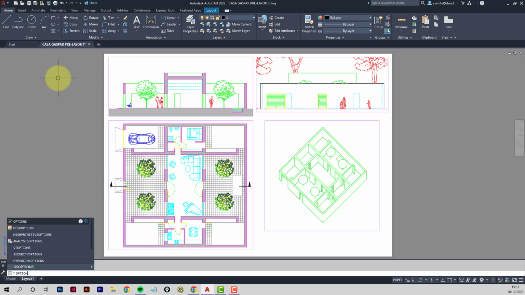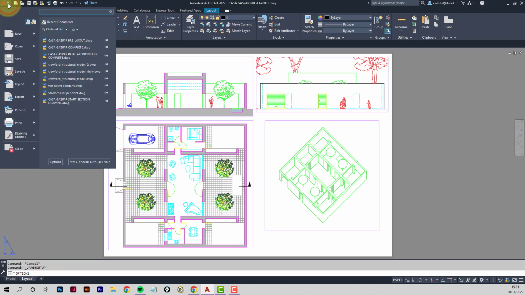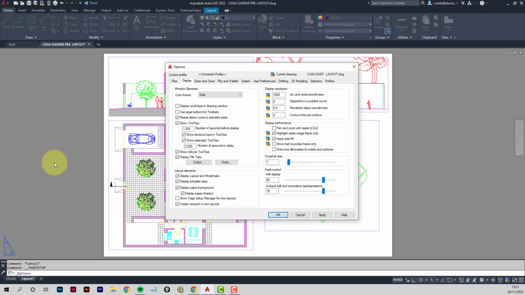So you can type options, or you can find it through the very top left hand corner. Click the button that's up there. It varies depending on which version you're looking at. This is AutoCAD 2022. The button's a wee bit different to the 2023. So the position of the options command is exactly the same though. So it's options. On the files tab,